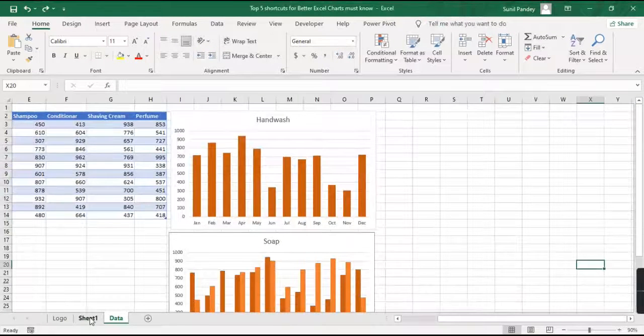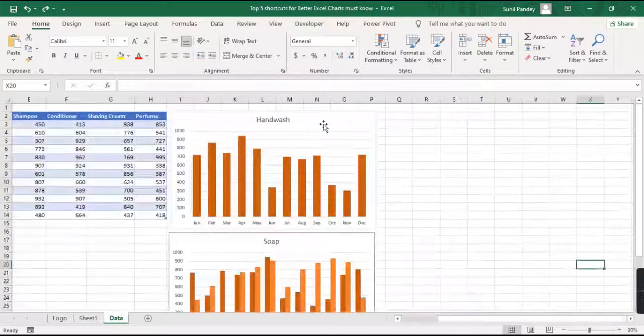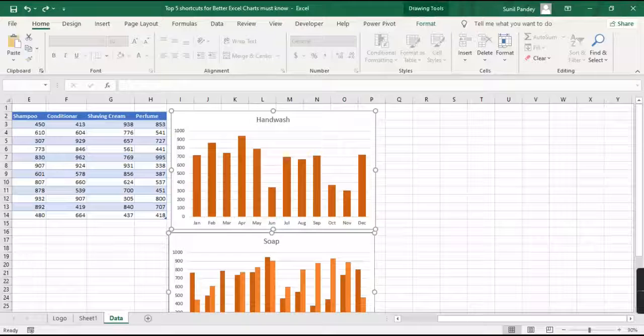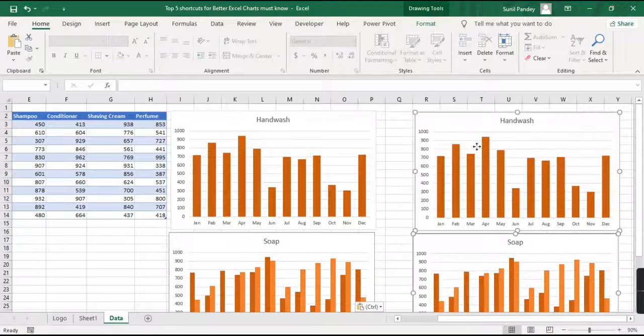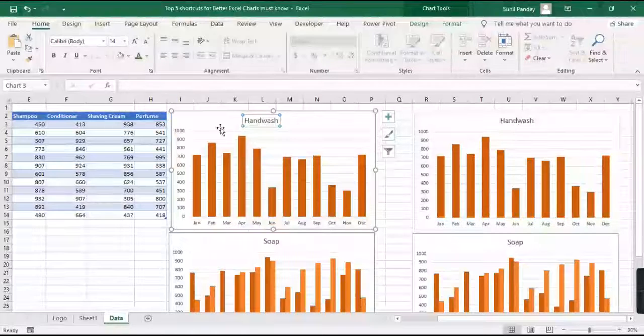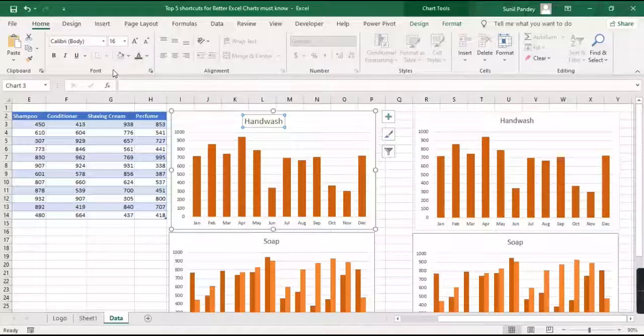So now let's see the fourth shortcut, F4. F4 to repeat the last action. Okay, so just imagine you have a lot of charts in your dashboard like this, and you want to repeat your last action on every chart. Okay, let's see, like I'm increasing the font, changing the color like this.